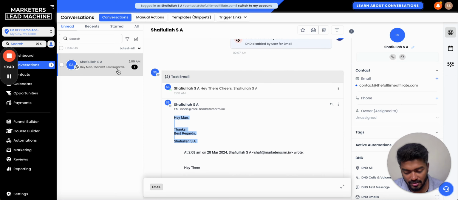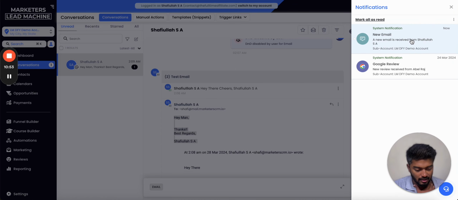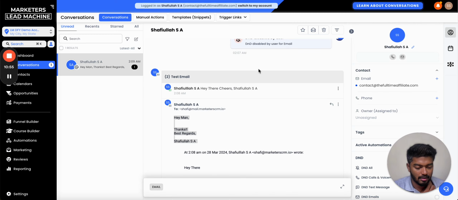Whenever you receive an email like this, you will see a notification dot here. You can click and simply open it. So that's how the email system works. It's super simple. If you don't have a dedicated domain, you can simply use our domain, but it's always recommended to use your own domain. It's totally up to you, but the best practice is to send from your own domain, so it will land in the inbox